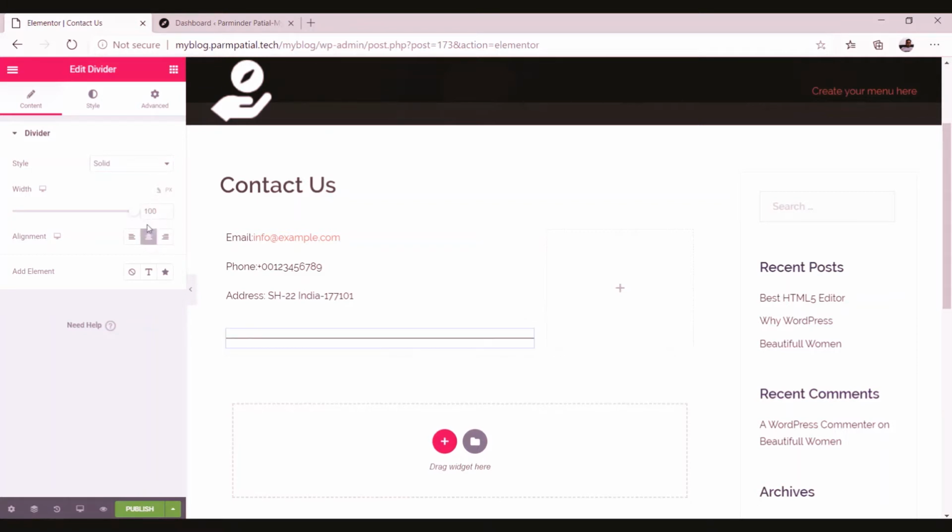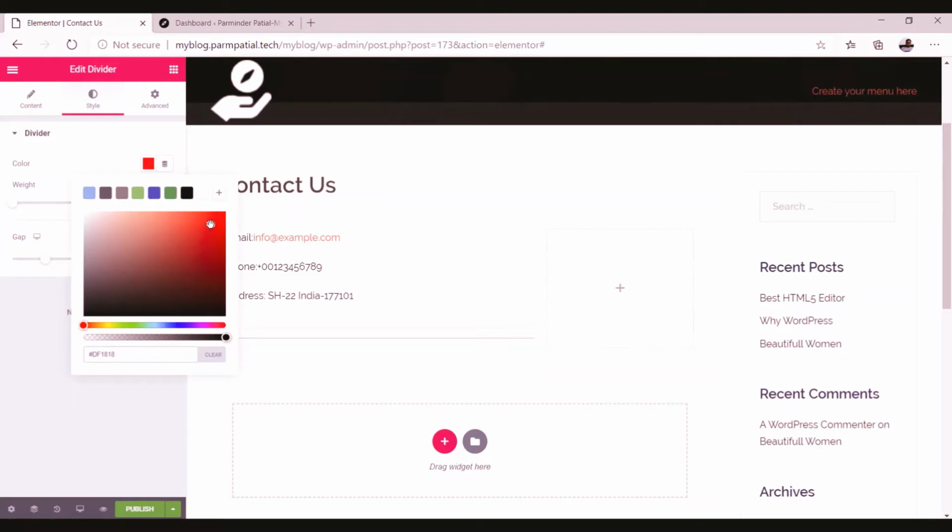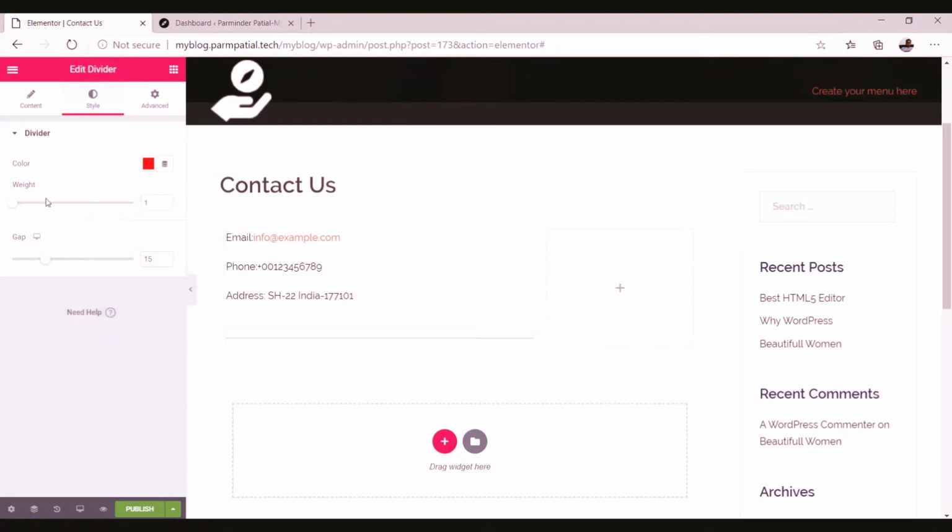Alignment, you can set it as center, and if you want to have some text there, then you can type text there. And in Style, from here you can select the color of the divider. In my case, I'm selecting this color, or any color that you want to display, and here you can give the weight, that is boldness, and here you can specify the gap above and below the divider in pixels.